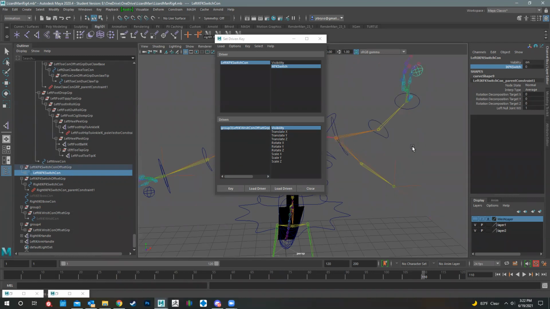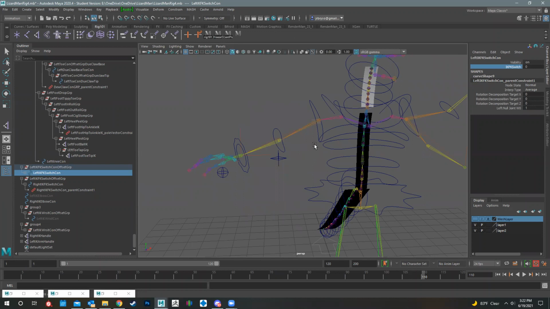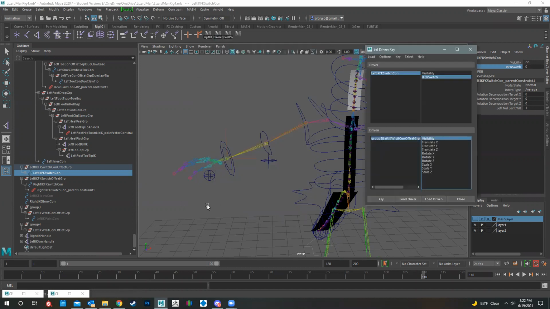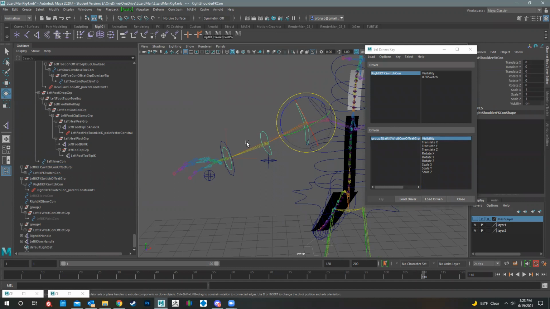Awesome. So that arm is done. All you really got to do is just do the same thing over here on this arm. That's the only thing. Load driver. And then we're going to go ahead and grab, let's just do this all in one go. And then I'm going to go ahead and grab